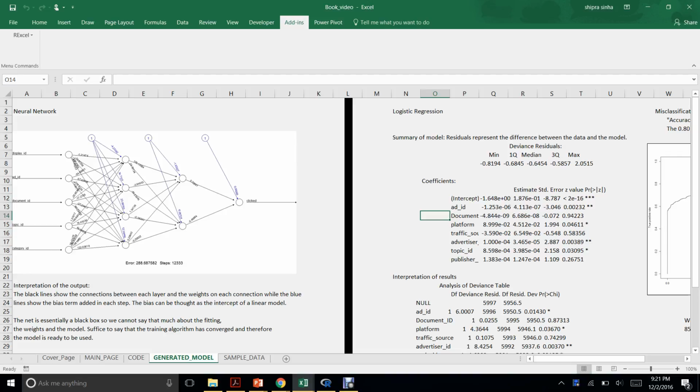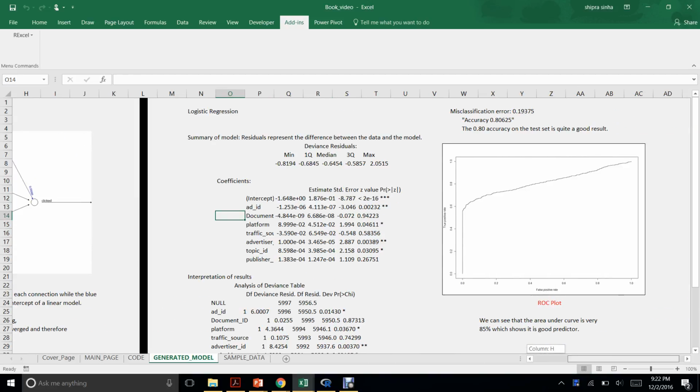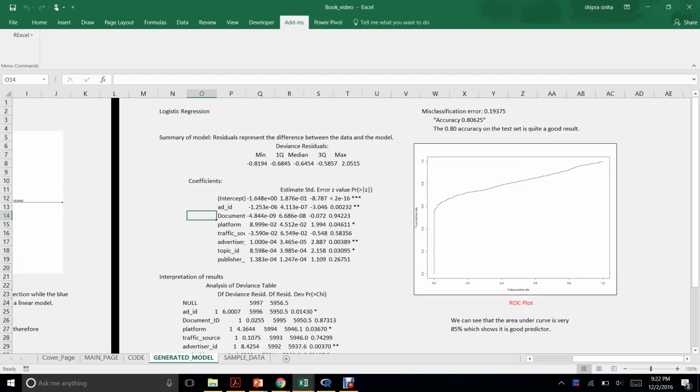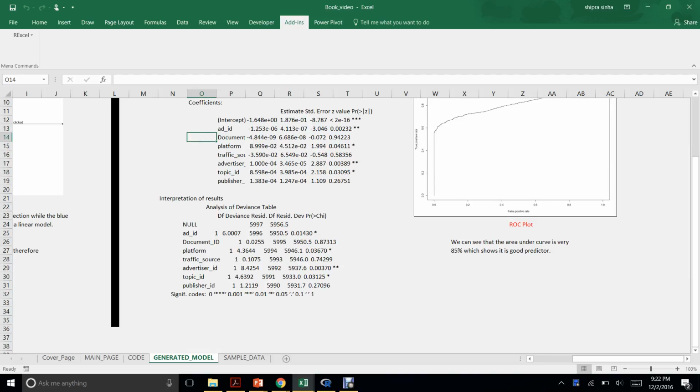Generally it is hidden, but we are showing it for the purpose of this project. This contains the weight of each attribute, and the final is the result, which here is clicked or not clicked. Similarly, the second model which we get is for the logistic regression, and this gives the weights of different attributes as an outcome. We interpret the result using deviance and residual deviance.